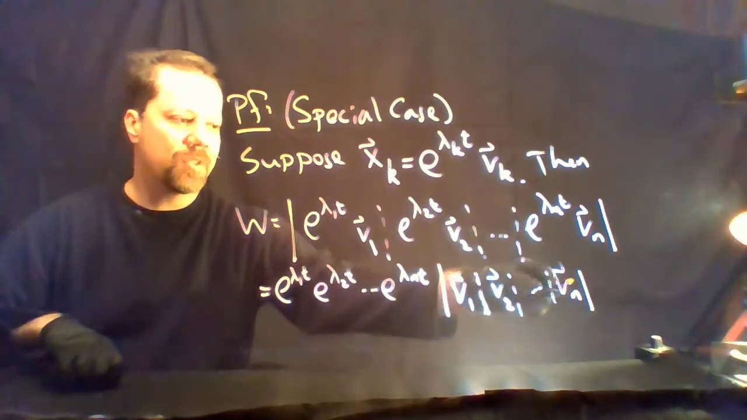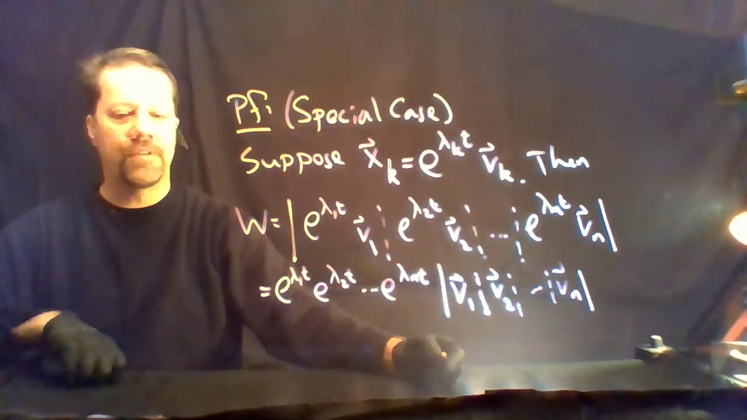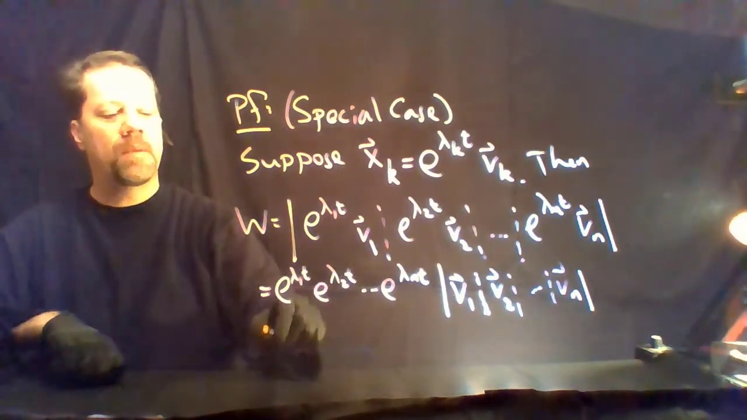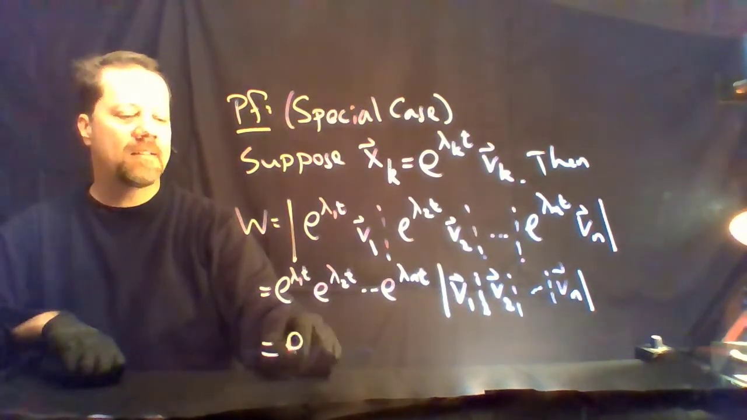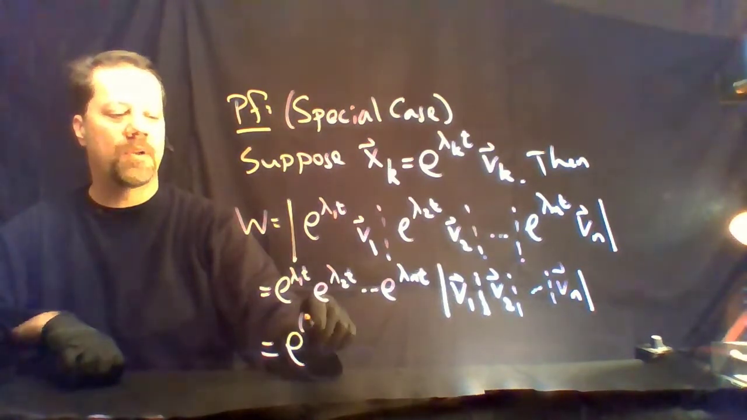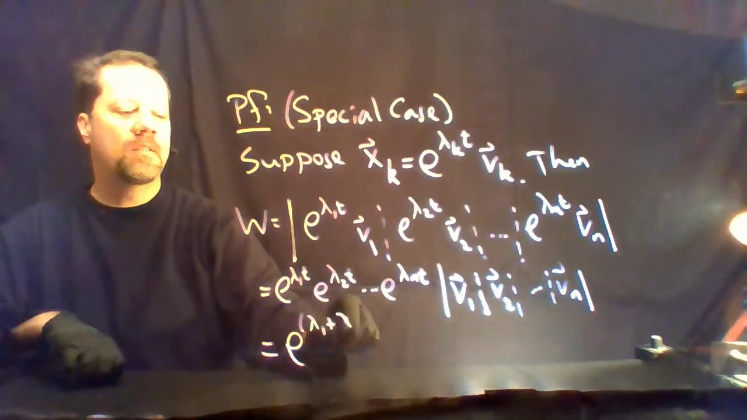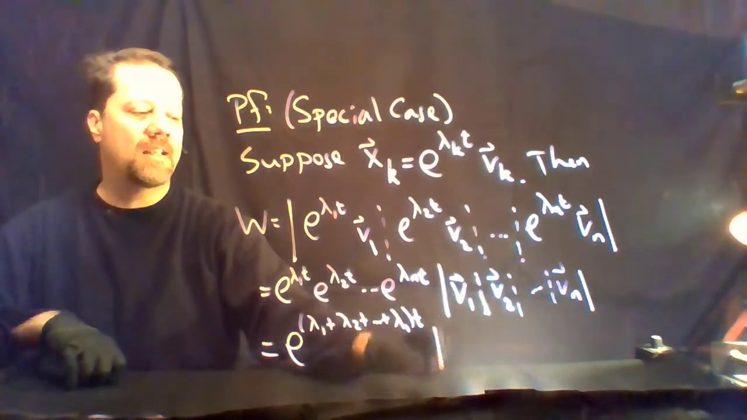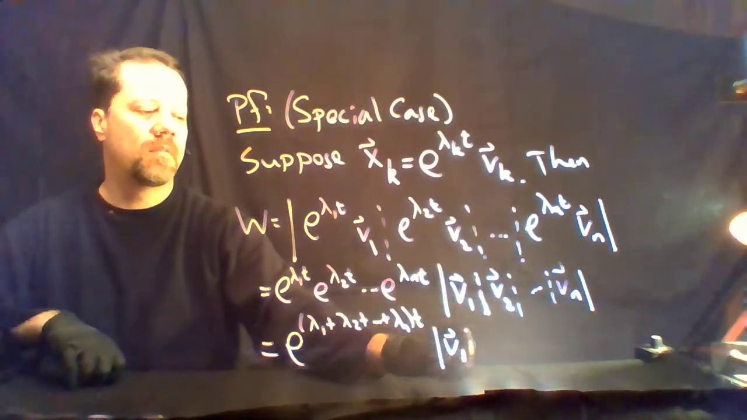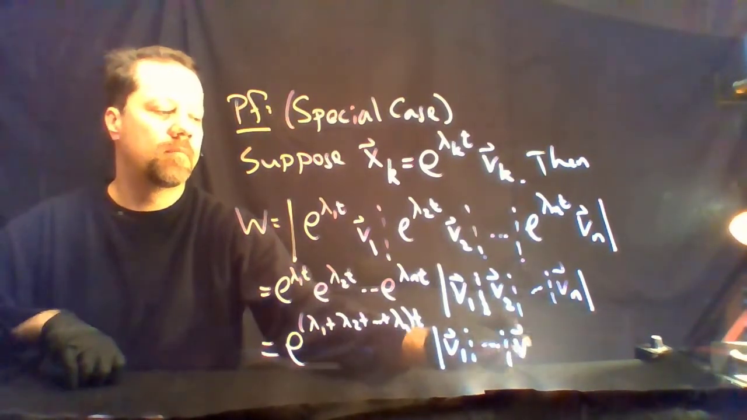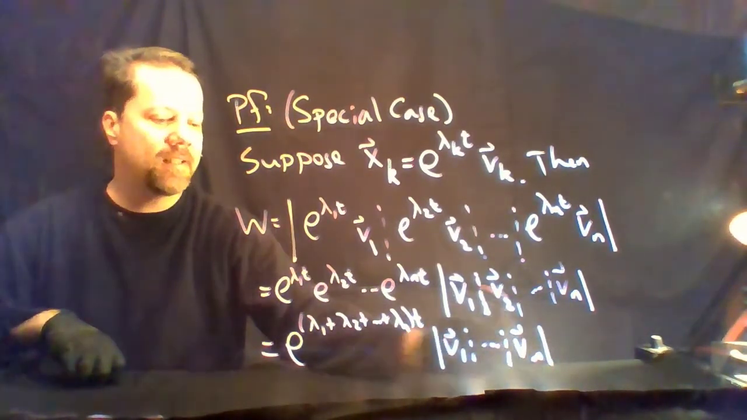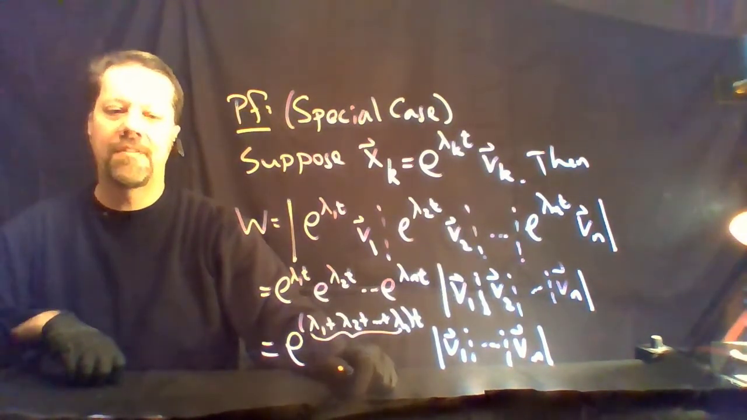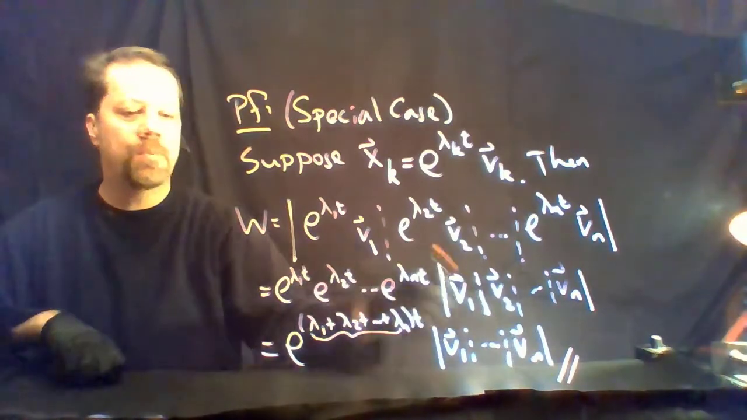Well, this is just some constant, whatever it is. The eigenvectors are just some constant vectors. But out front, we get the sum of the exponents. So we end up with e to the lambda 1 plus lambda 2 plus lambda n times t times this determinant. And since the sum of the eigenvalues is equal to the trace of the matrix, the proof is finished,